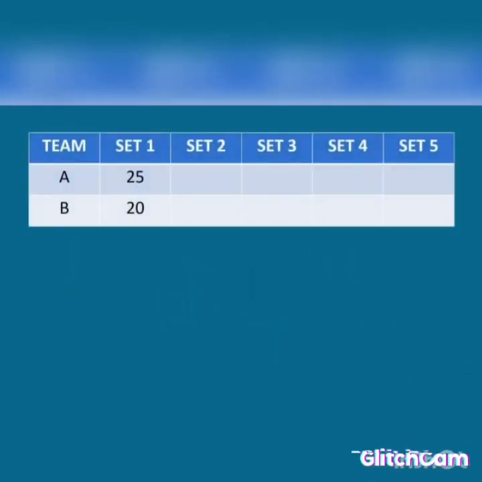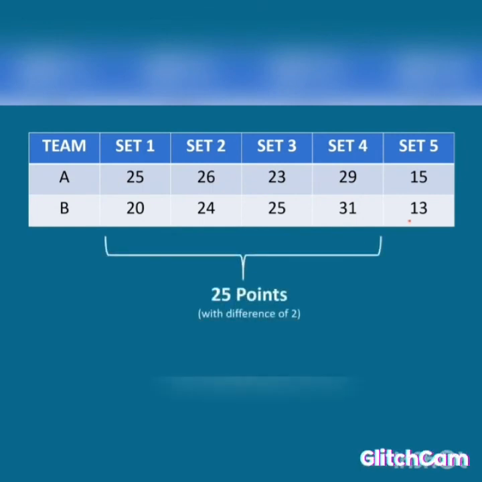Here's a score. Let's say team A and team B have 5 sets. The first 4 sets are whoever wins 25 points with a difference of 2. But the last set is whoever wins 15 points with a difference of 2. So out of these 5 sets, you need to win 3 sets. The first 4 sets are 25 points. The last set is just 15 points. But